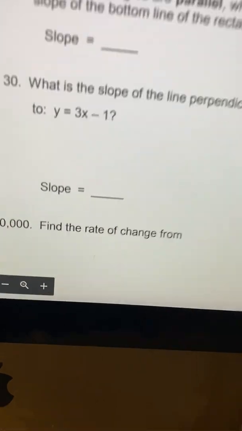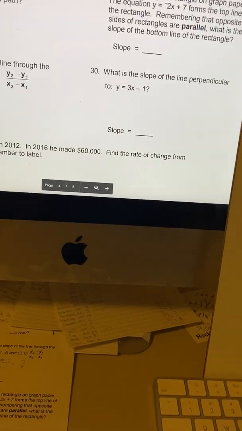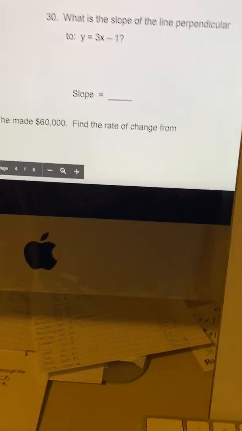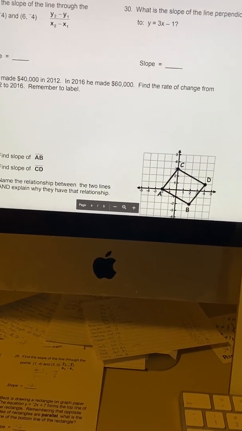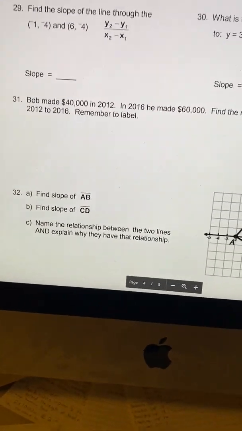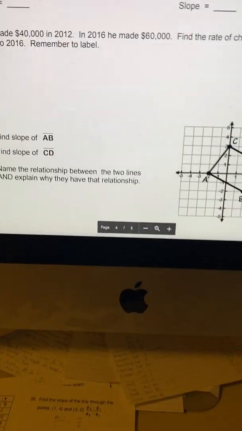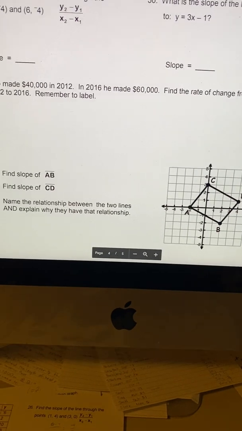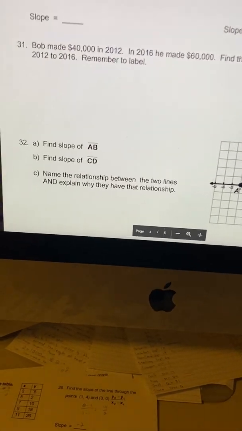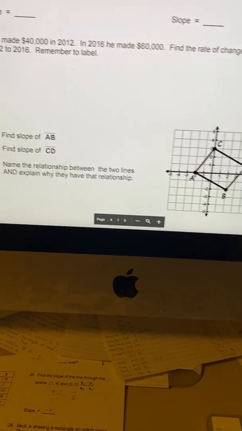And if you know the rules, these things would have been substantially easier. Okay? Now, 31. Bob made $40,000 in 2012. In 2016, he made $60,000. Find the rate of change from 2012 to 2016. Remember to label. Now, this one,